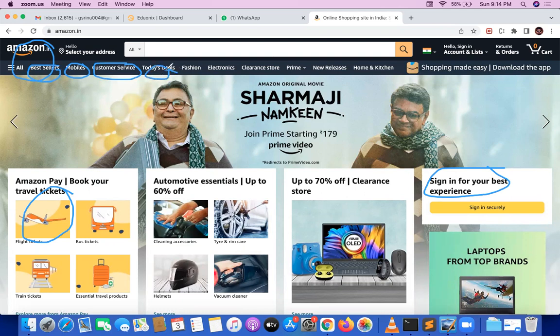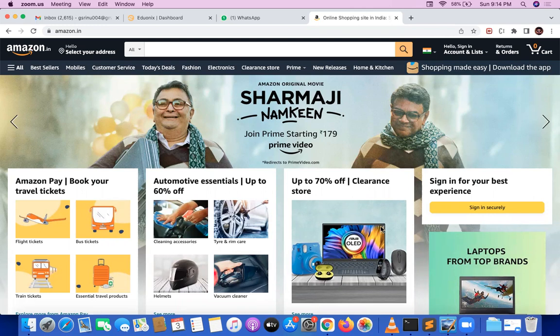A lot of buttons, images, and text got placed. How are these things placed? All this is like construction. This construction happened with HTML. And on that construction, we give some colors, font styles, decorations. All those things are possible with